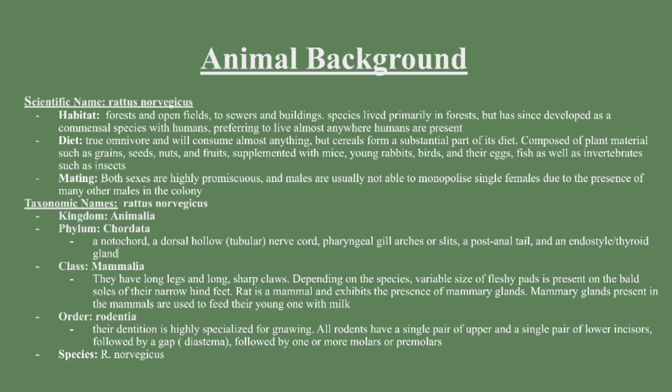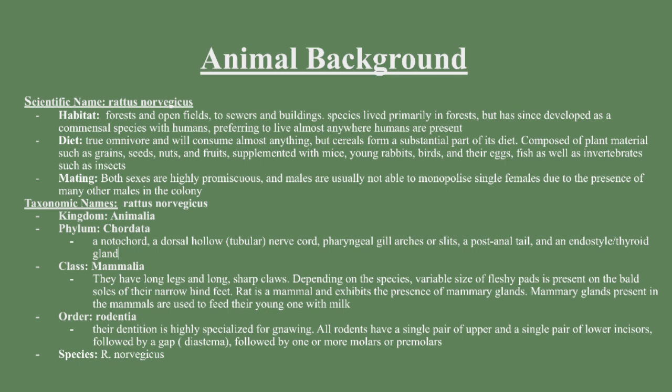Its scientific name is Rattus, and its habitat consists of forests and open fields, but it also varies from sewers to buildings. The rat has been able to live with humans, and it prefers to live almost anywhere humans are present. It is an omnivore and will consume almost anything,